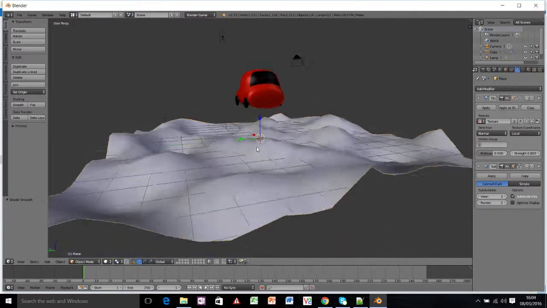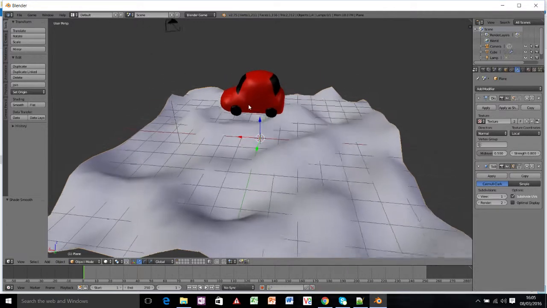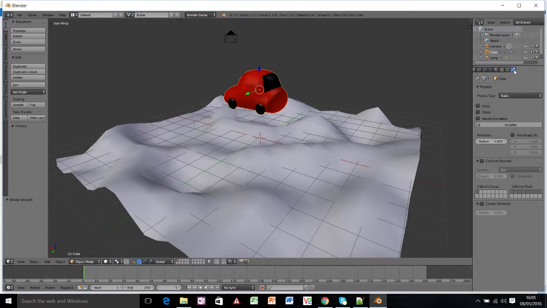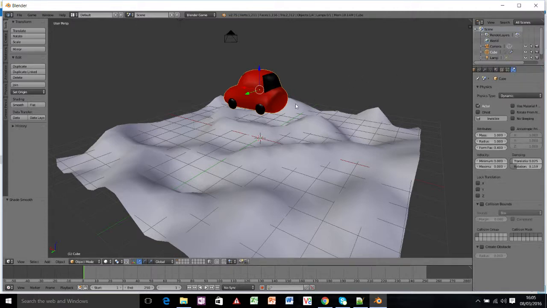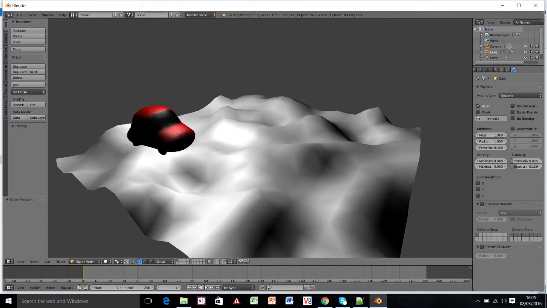So press Escape. We're going to change it so that Blender uses its kind of built-in physics model to work out how gravity works. So right click on your car, and then you're going to need to get to the tab on the far right. So put your mouse over these buttons here and scroll down, click on the physics tab and change the physics type for the car to be dynamic instead of static. And then when you press P now, your car should fall down, and it will drive over